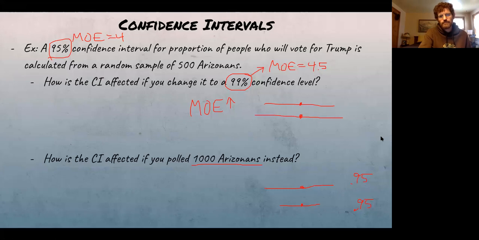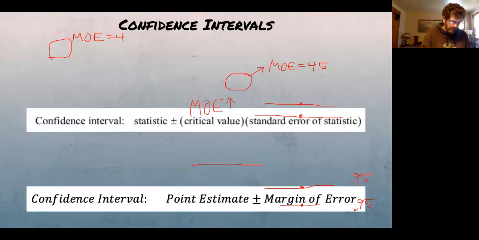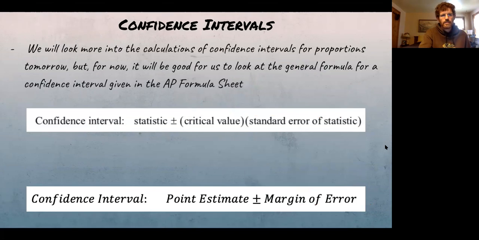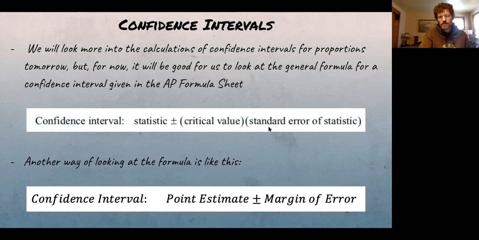Okay. And this right here helps explain it just a little bit. So we've got two things, and maybe this is even backwards a little bit. This is what you're going to find in your AP formula sheet, and we're going to see how this is a useful thing to know. But you've got your statistic plus or minus critical value, which is going to be something tomorrow, times the standard error. Again, we'll get into that tomorrow. This is not as complicated as it might seem. It's going to be very similar stuff that you're very familiar with, just different names for it.